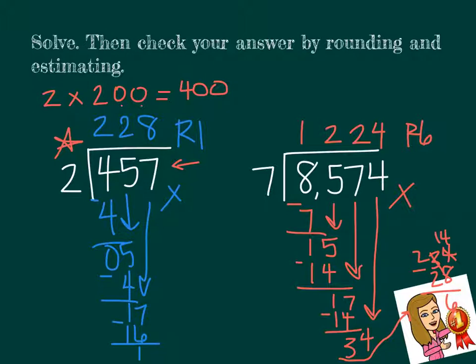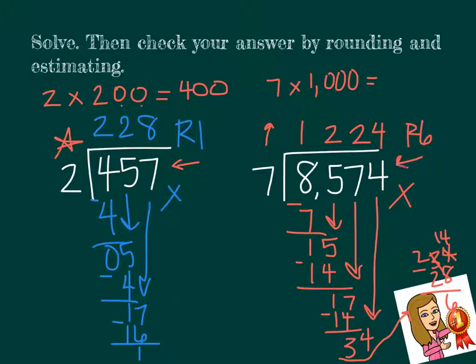Now let's check to see if my answer is reasonable. I'm going to do front end estimation with my quotient. So 1 looks next door at the 2, not large enough to bump it up. So this is about 1,000. And if I take my divisor here and multiply that times the quotient I just got, it should be close